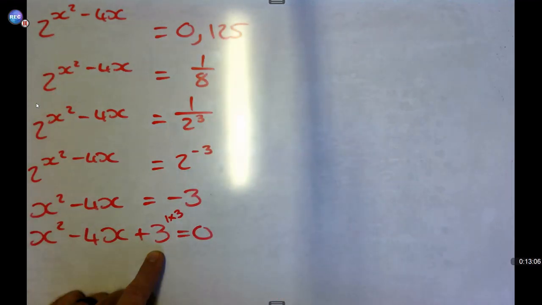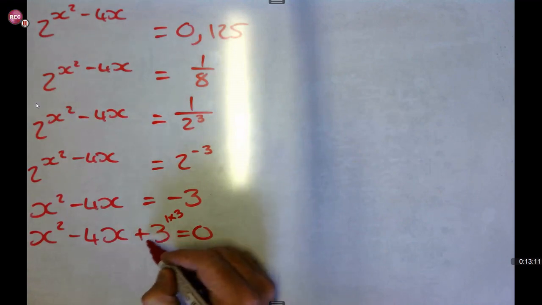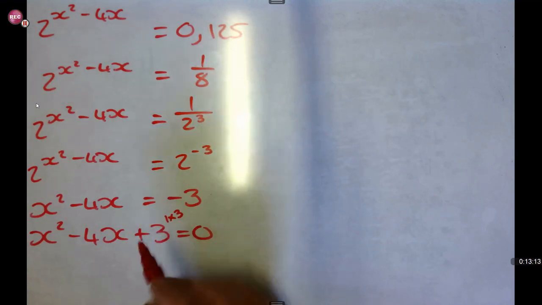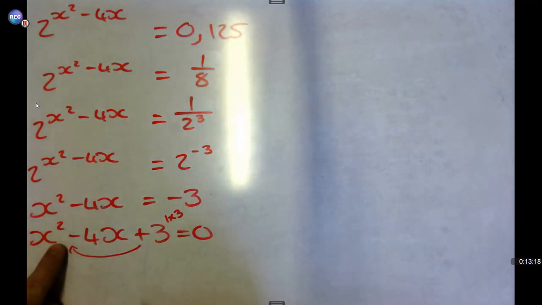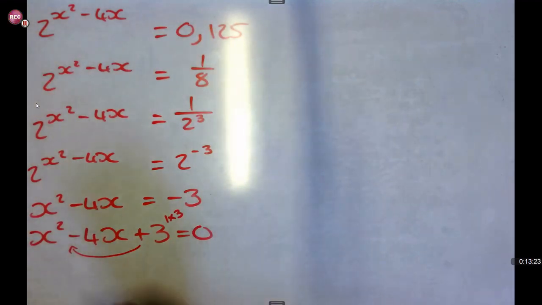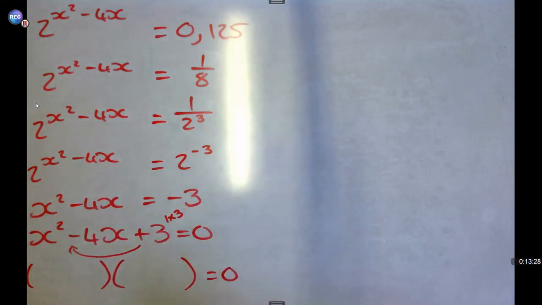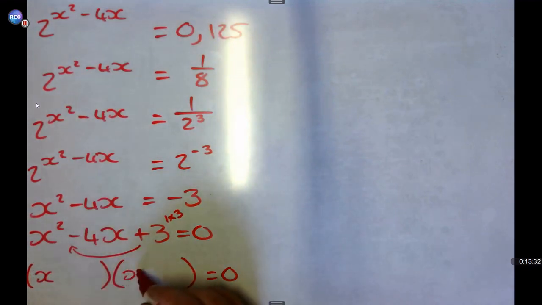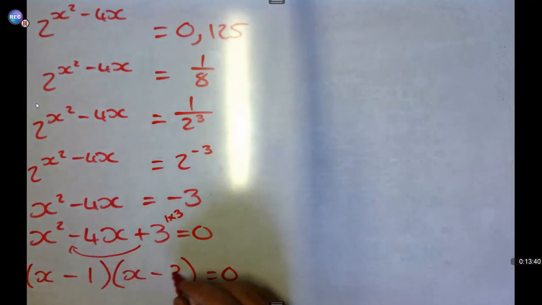Those are the factors. Okay, what we need to do now is we also need to look at the sign that is attached to the constant. If it's positive, we're obviously going to look at the first sign, which is negative. And that will tell us that both our brackets will have negatives as signs. Okay, so both our brackets will have negatives. And they are still equal to 0 because it's an equation. So we split the x's up. Both will be negative. We are looking for negative 4. So we'll use 1 and we'll use 3.